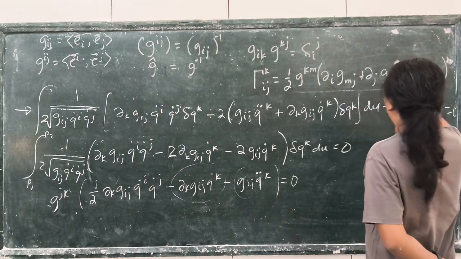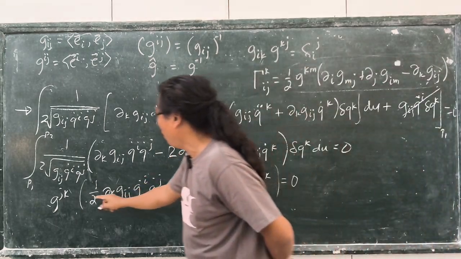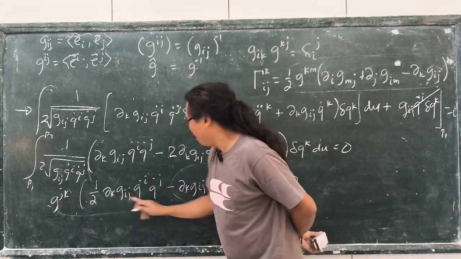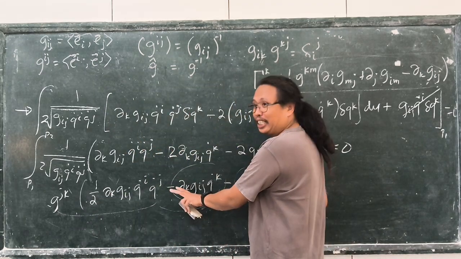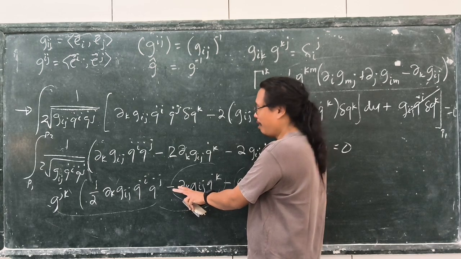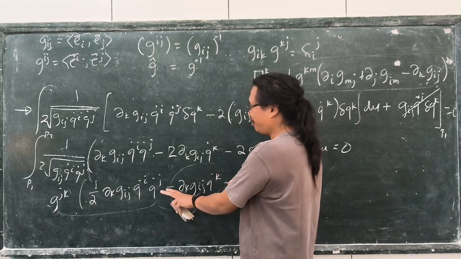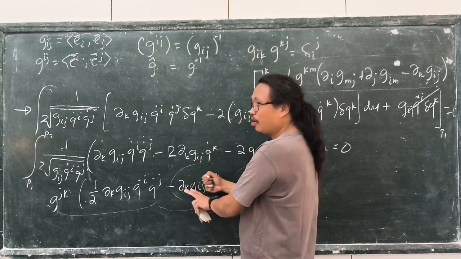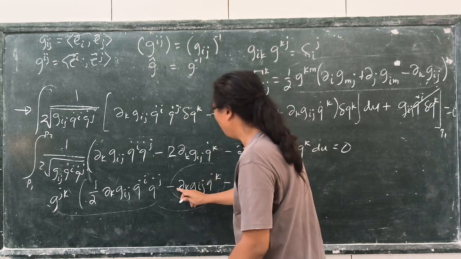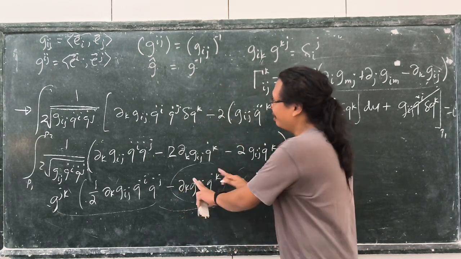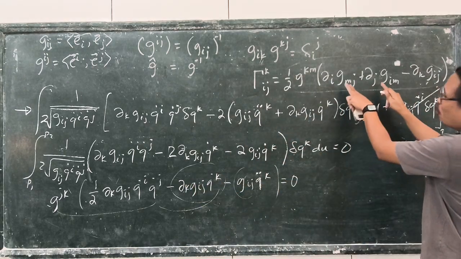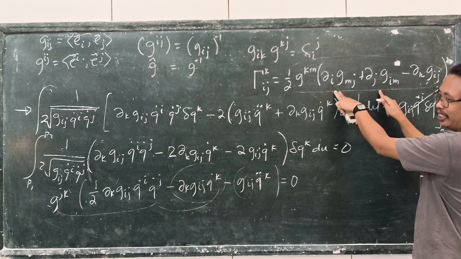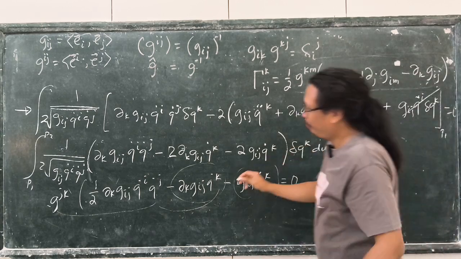Now, if you look at this one, but you have 1/2 here. In fact, you can break this up. We can break this into 1/2 of these, which are dummy indices, such that